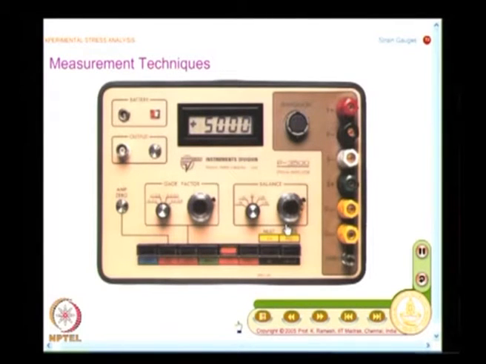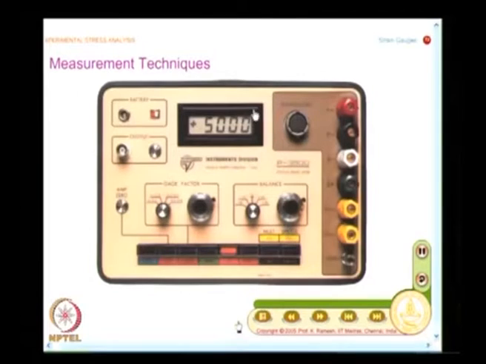When you start, the bridge has to be balanced, and you will have some provision in the strain gauge meter to account for this imbalance. Beyond a point, it cannot balance. If the imbalance is more, we will see how the imbalance can be more. If you cannot adjust it, then the only recourse is to measure the initial value and also find out the final value, then do a subtraction, final minus initial.